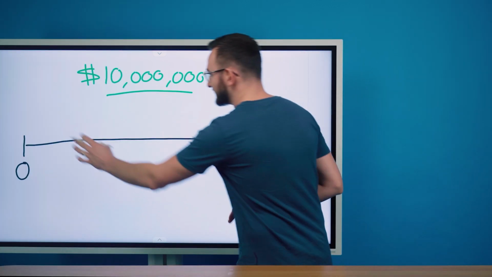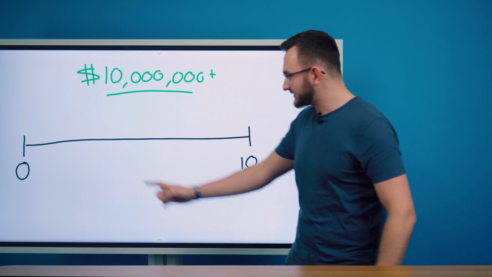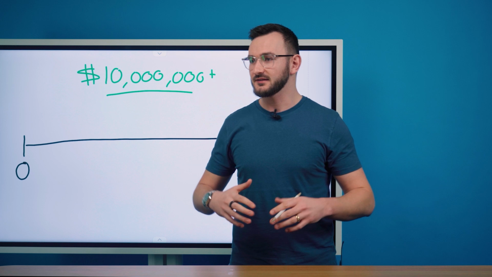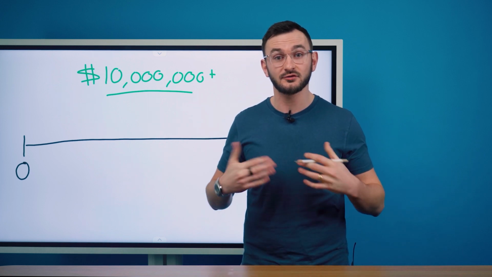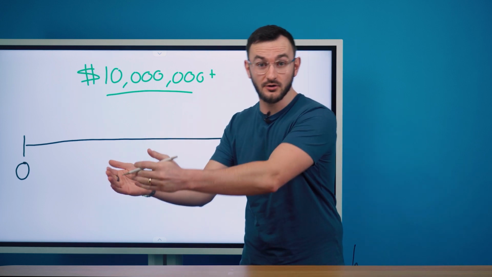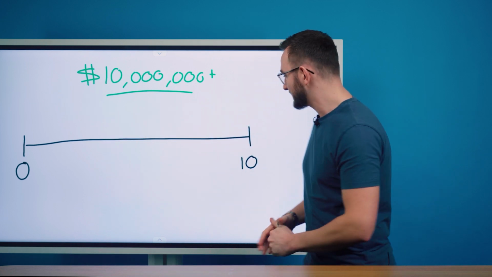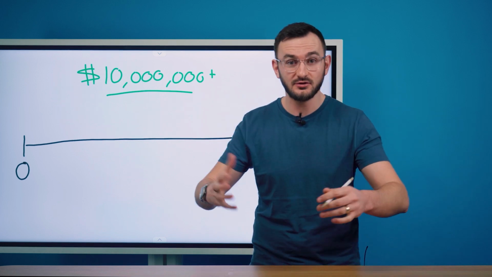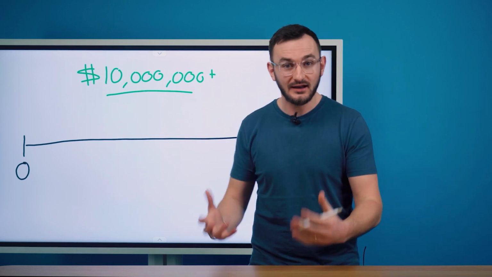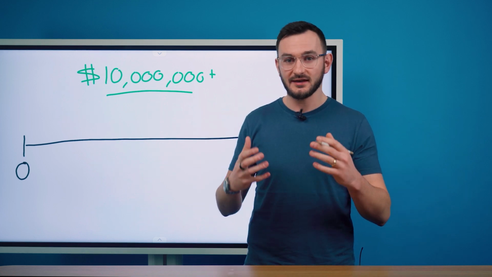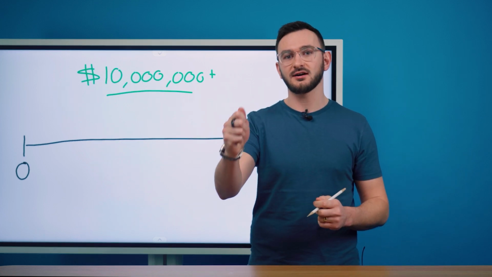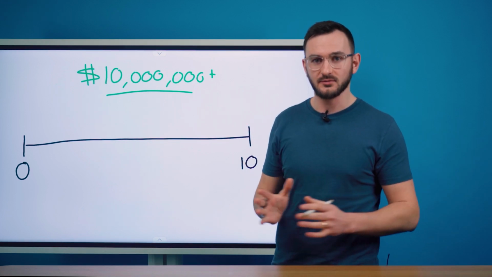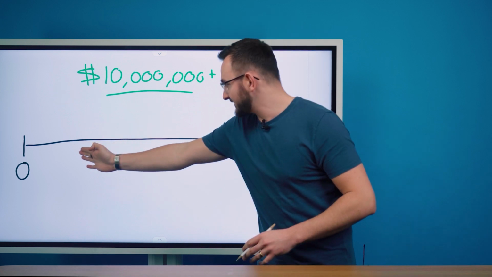So here's how this works. This timeline is from 0 to 10. 0 indicates that a prospect has no idea who you are. They've just seen you for the very first time online. And of course, they therefore have zero intent of giving you any money. A 10 over here is someone who is well indoctrinated with you and your brand. They love you now, they trust you, and they are literally ready with credit card in hand to become a client. That's a 10.